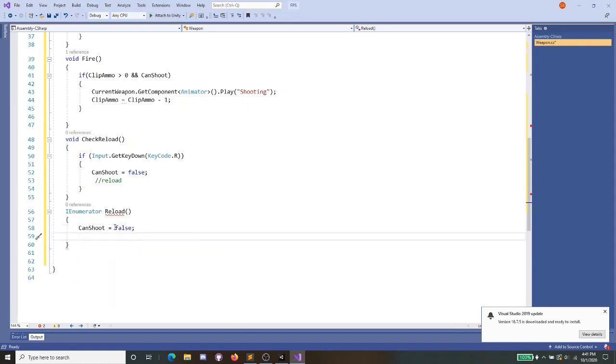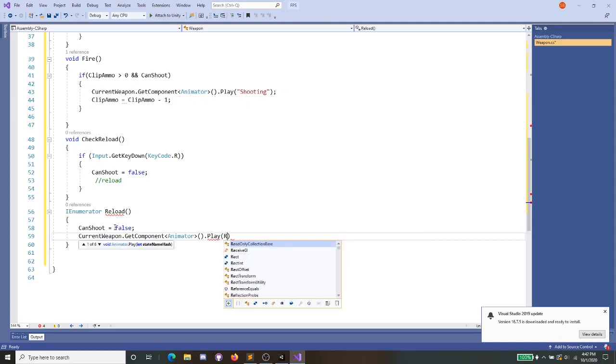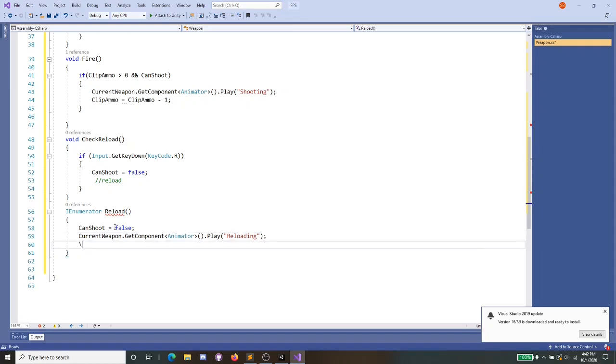And then we want to play our reload animation. So we want to get our currentWeapon.GetComponent Animator .Play, and we want to play our reloading animation. And so the way this works, right now at any time inside of this function we can tell it to wait a couple of seconds or however much. Right now I want it to wait while the animation is playing because I don't want you to do anything while the animation is playing. I want it to do it at the end of the animation. So I'll press yield return